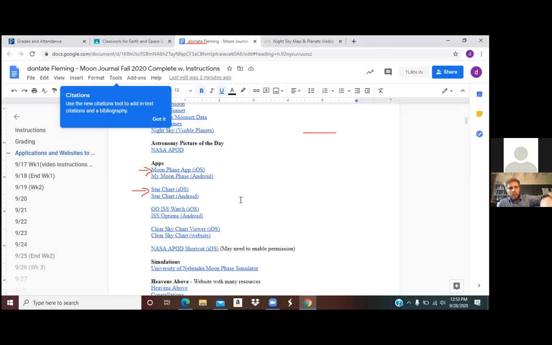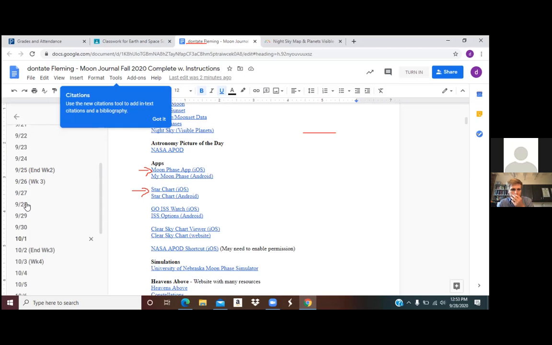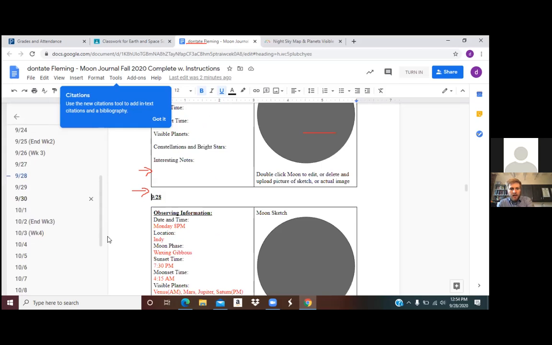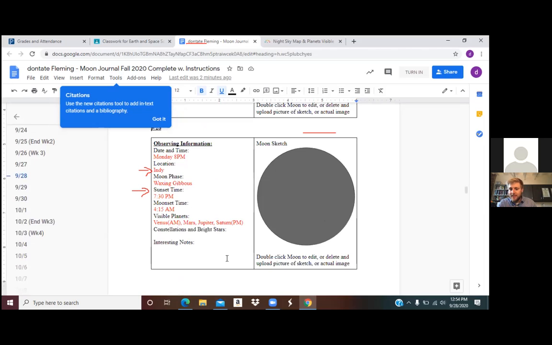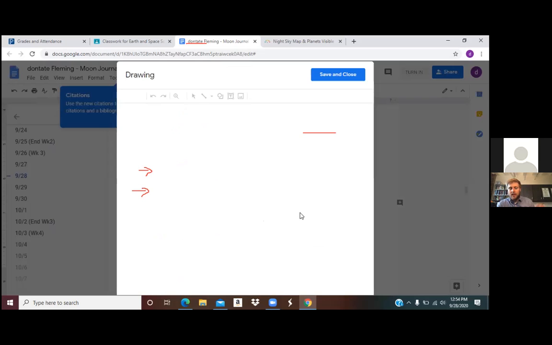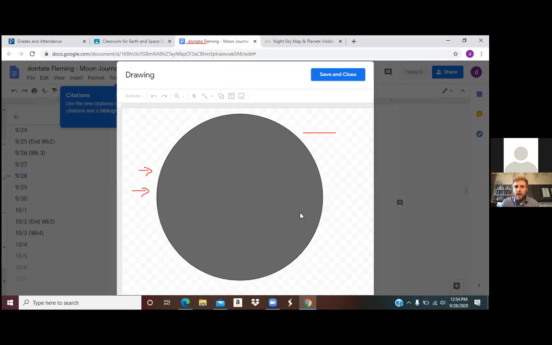All right. Let's go back to today. So on the left side, scroll back down to today. And the last thing I want to show you for today is how to edit the moon sketch. So double click on the moon sketch. And this is like a little drawing. And what it's going to let you do is